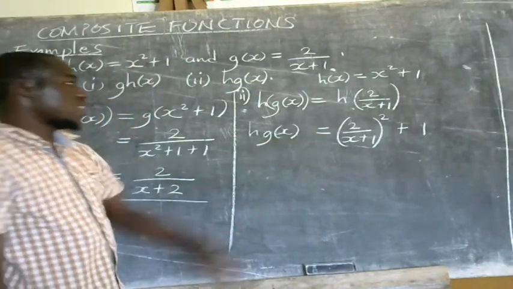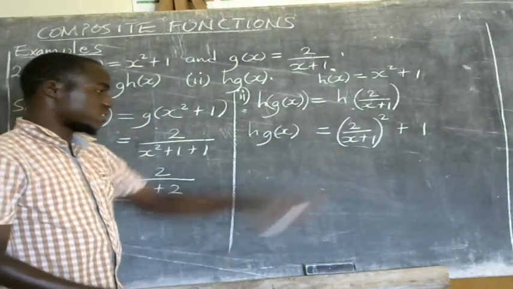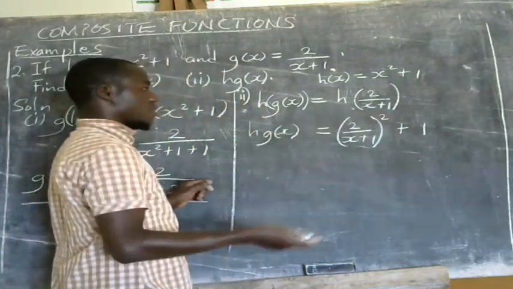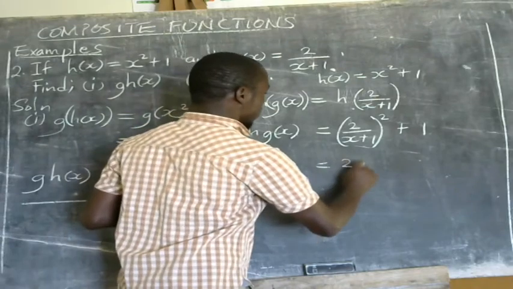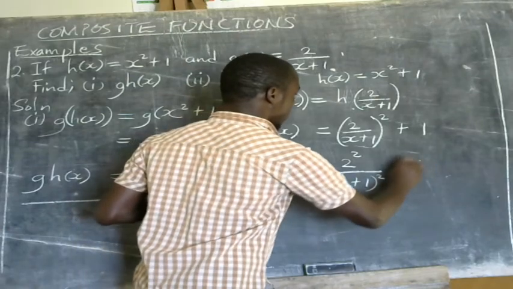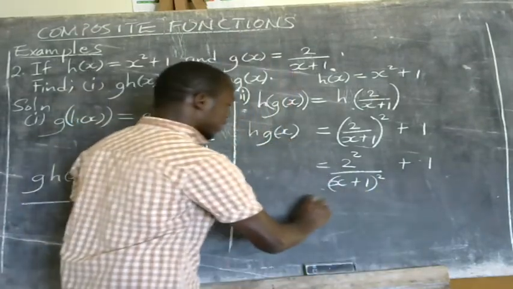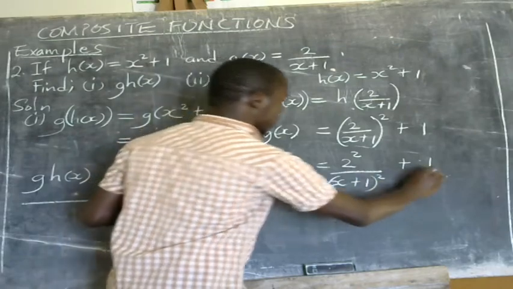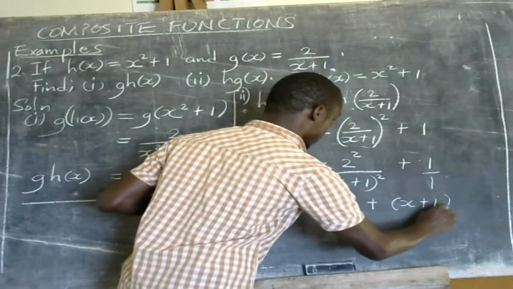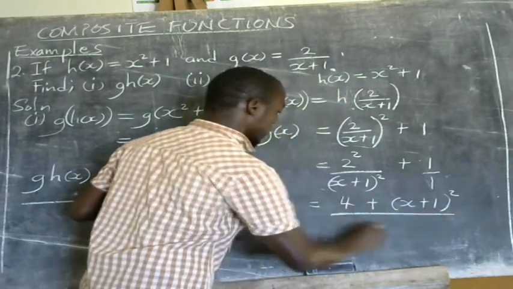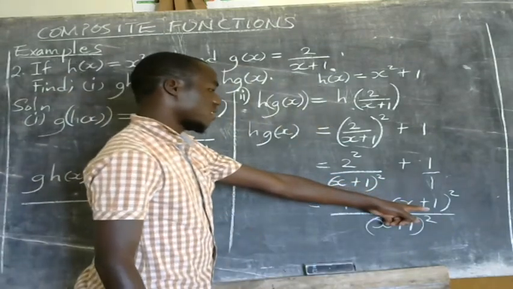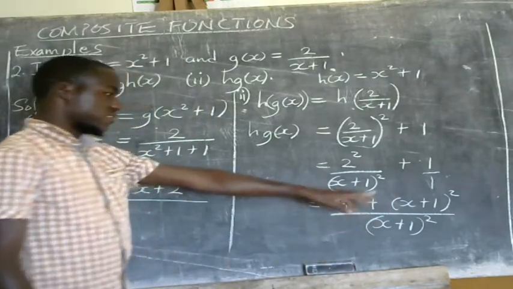You can simplify, but it will take us more steps. Only that to remember, just to make you remember, those of indices, the 2 is going to be squared, and also the denominator is going to be squared, then plus 1. Then 2 squared is a 4. The LCM of 1 and 1 is the x plus 1 squared. Then you expand this one here. It is going to be long, but you can